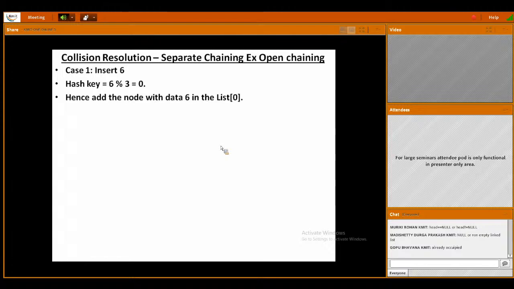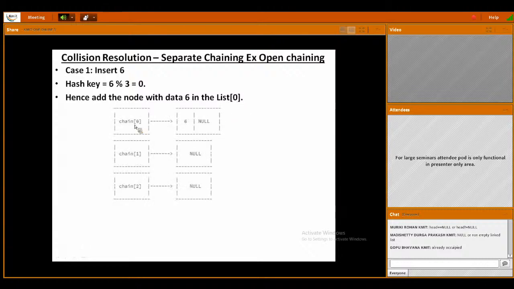Hence, add a node with data 6 at list of 0. A chain of 0 or list of 0. In the code, I have taken it as list, so I want you to also get familiar with this particular name as list. L will be small. By mistake, I kept it as capital, but L is small, right? So at list of 0,